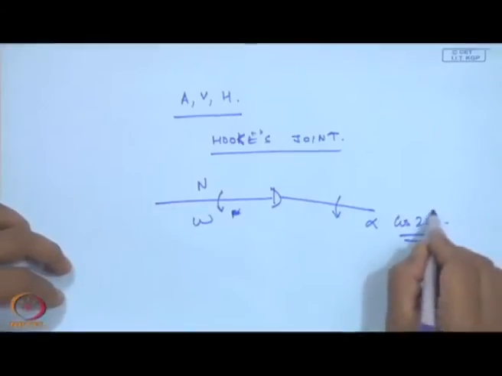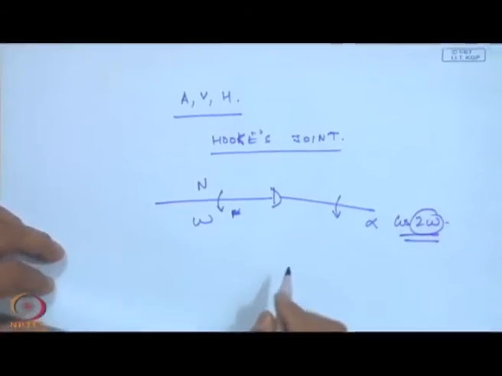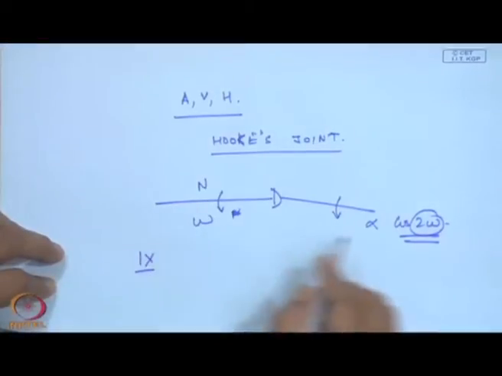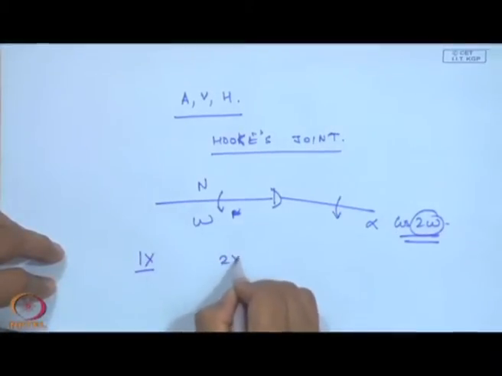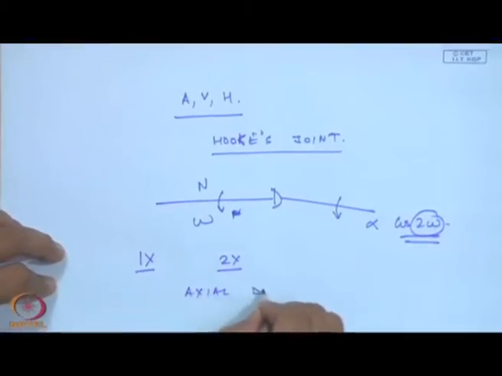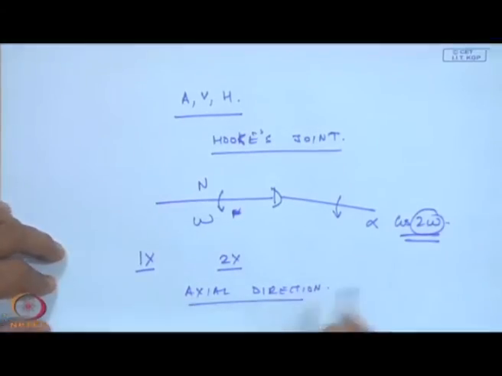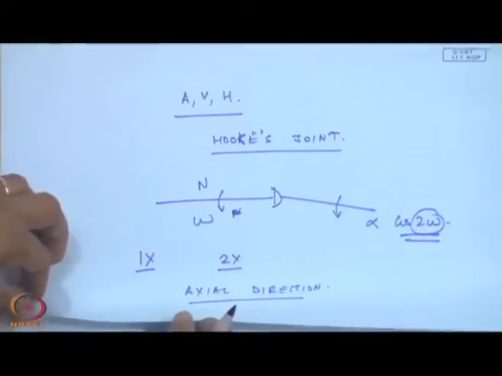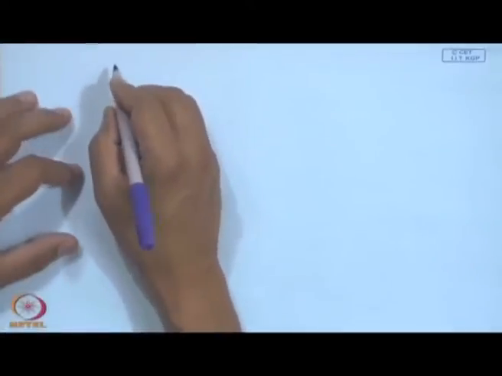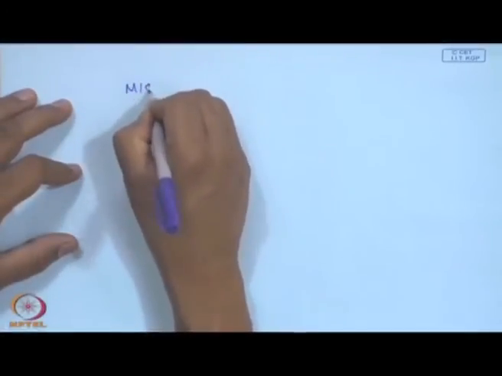So, this 2 omega comes. So, if I am rotating at 1x, because of misalignment, I will have a strong vibration at its 2x in the axial direction. So, this is the most important diagnostic indicator in a vibration spectrum. Whenever we have a misalignment,